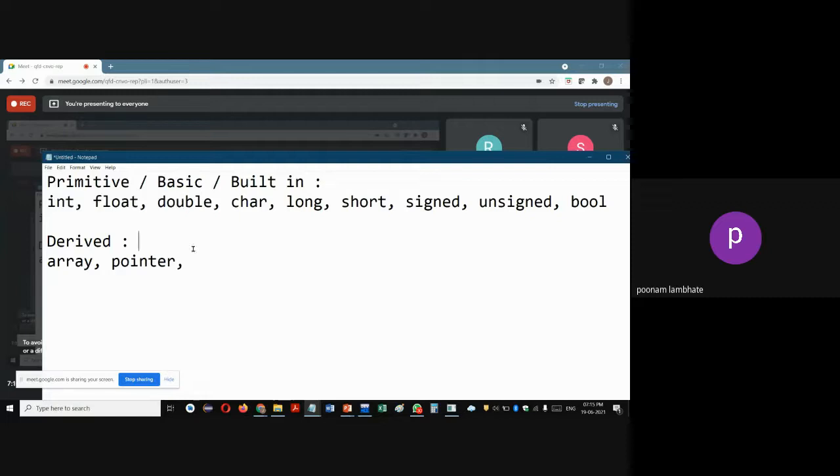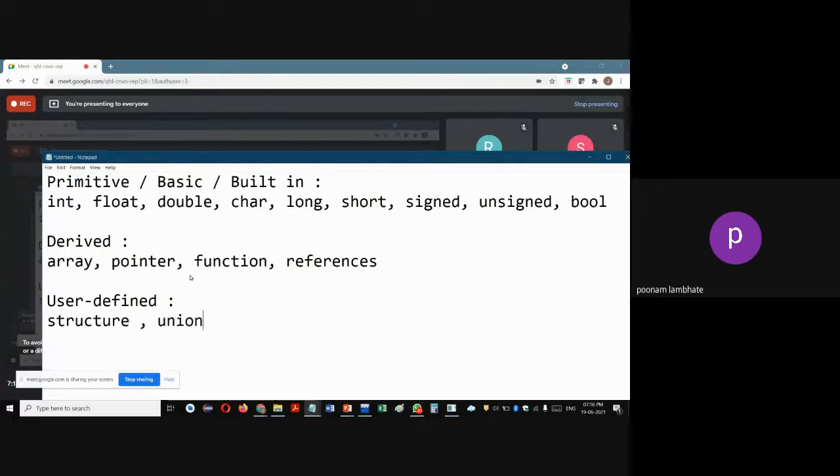Pointer can be a pointer to an integer. Usually it is a pointer to an integer or double, float, whatever. So it is a pointer to a basic type, so it is a derived type. It depends on the basic type for its existence. Then function is also a derived data type. Then you have another thing called references also, which we can study. Then you have user defined data type. So today we'll have an introduction to user defined data types. So just now I've given three examples, that is structure,